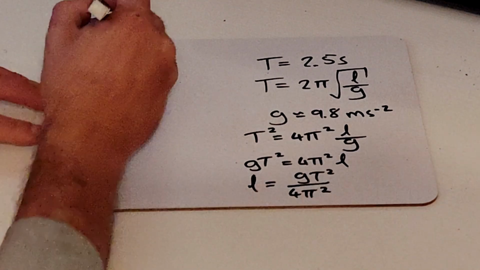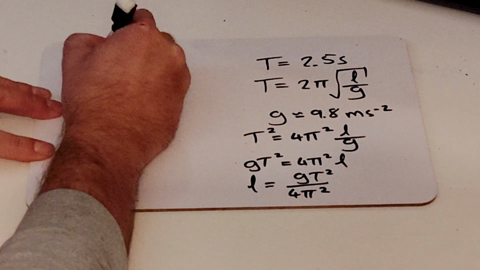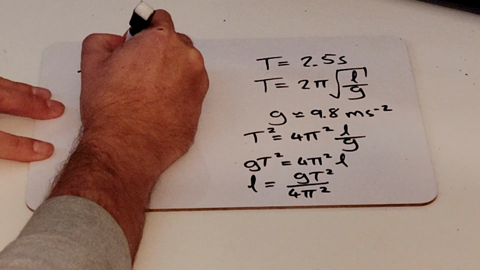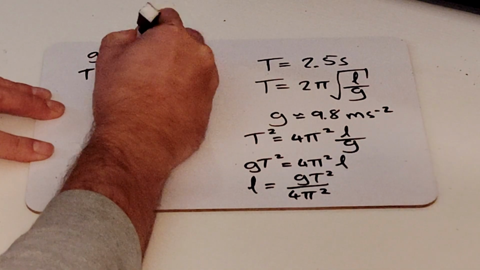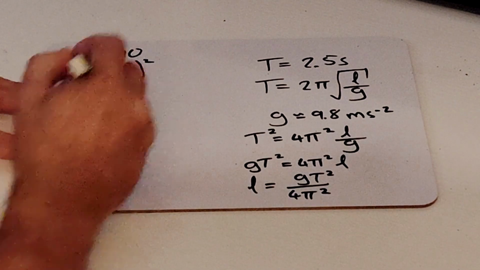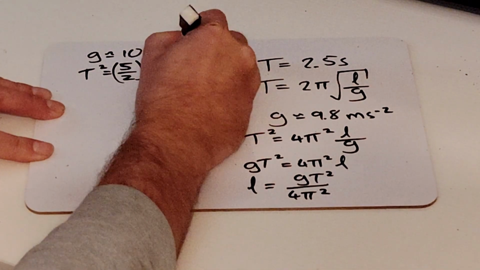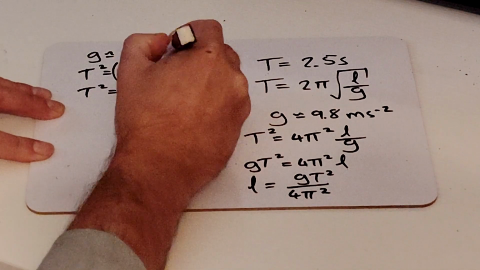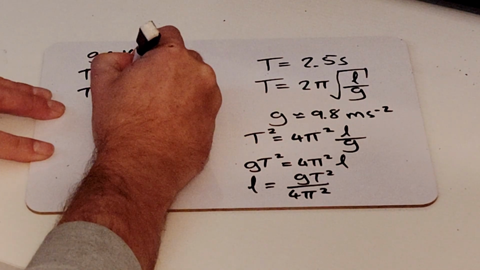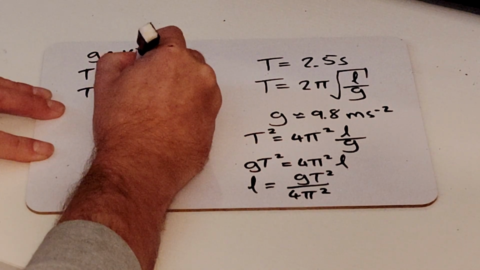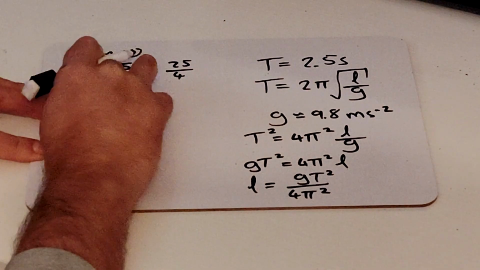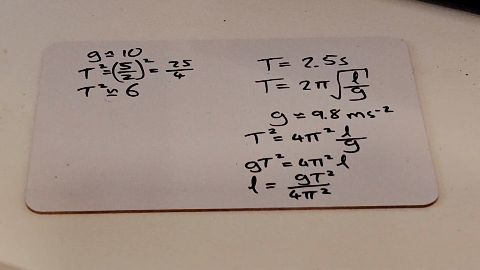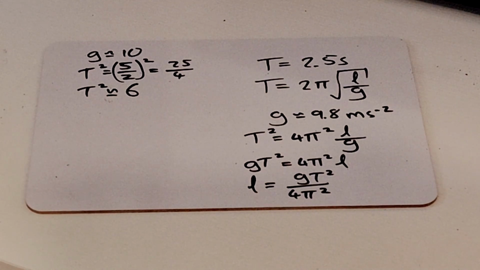estimating everything. Okay, now T squared, I know that T is 2.5. Well, actually, I can say 2.5 is 5 over 2 and square that. Work with fractions, much easier. 25 over 4, which actually is about 6 1/4 or 6.25. So I'm going to call that 6. Okay, let's change that to approximately equal to. Remember all these things are estimates, but it doesn't matter because we are just looking for a ballpark figure